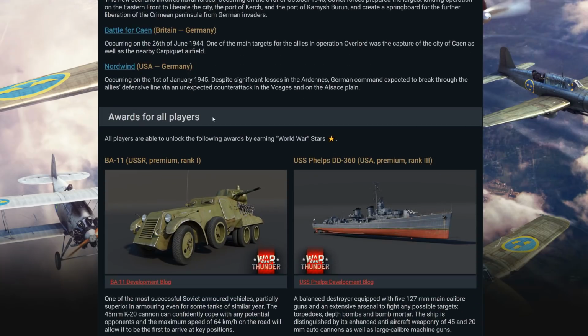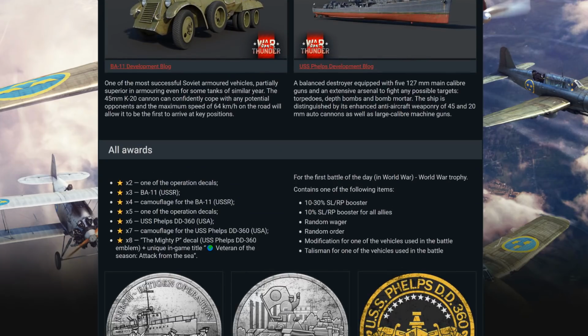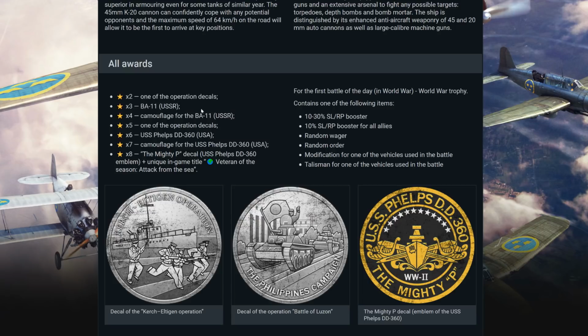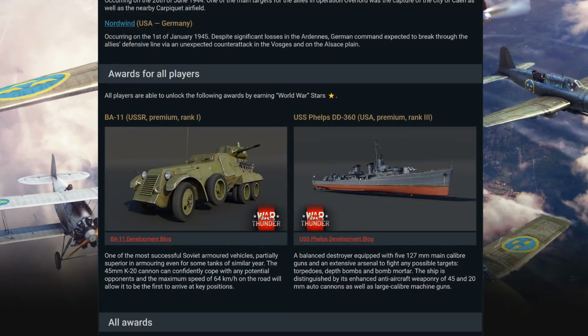Well, the one downside that I can find is that this is way too soon after Operation Frost, because you have to earn the World War stars to get the awards, the BA-11 and the USS Phelps DD-360, which we'll talk about in just a moment. So you can get some of those World War stars, and for 3 you get the BA-11, a Soviet rank 1 premium, and for 6 of them you get the USS Phelps DD-360, an American tier 3 premium, which is,